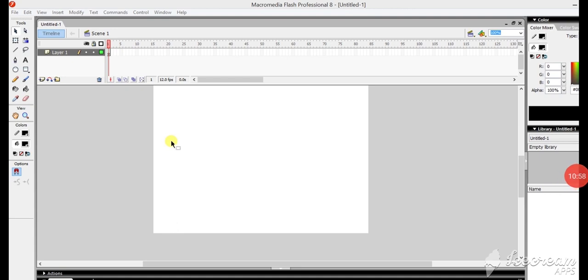Here we will learn animation using a motion guide. Flash allows you to move an object on a definite curved path. For this, you can use a guide layer. The guide layer has the motion guide, which is the path along which the object will move. See here how to perform it.